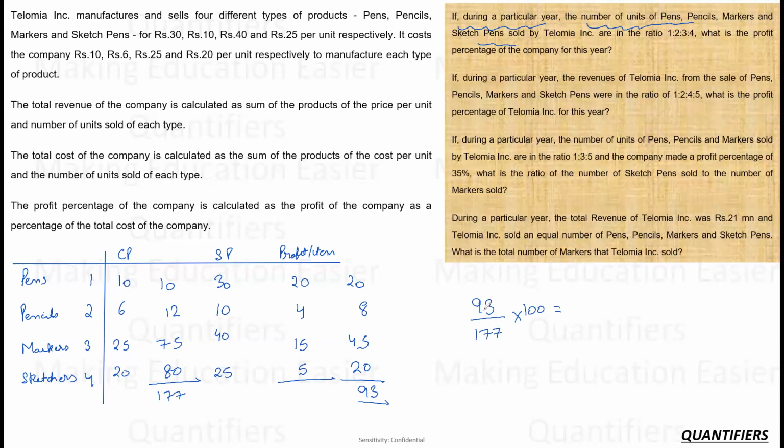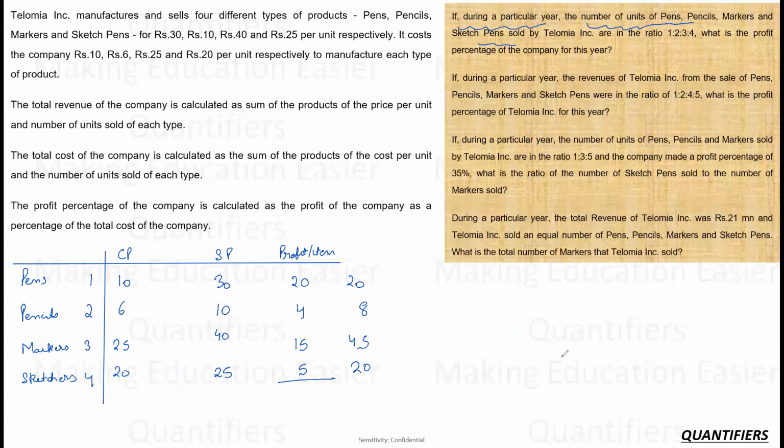So into 100 करेंगे, अपने पास क्या आया देखो, 50% would be 88.5. I need how much? I need 93. So basically I need approximately 4.5 more, right? 4.5 more would be around 2.5 or 3%. So the approximate answer would be 52.5%, right? This would be the answer. Okay. This is the first question.